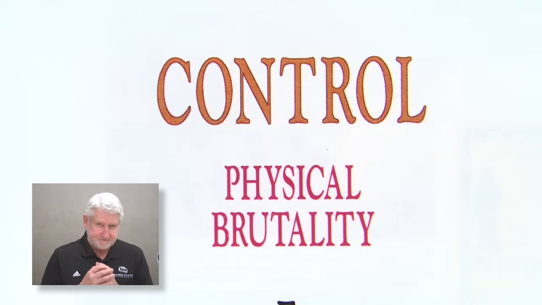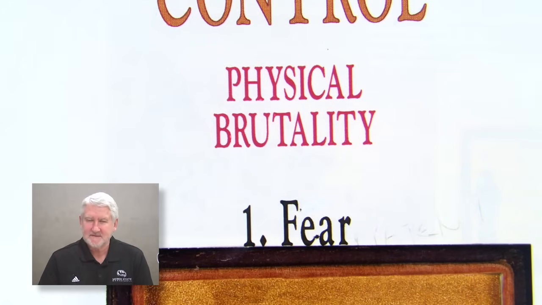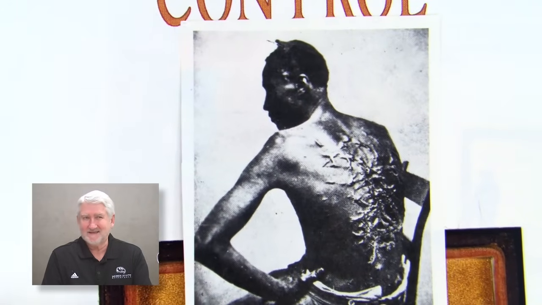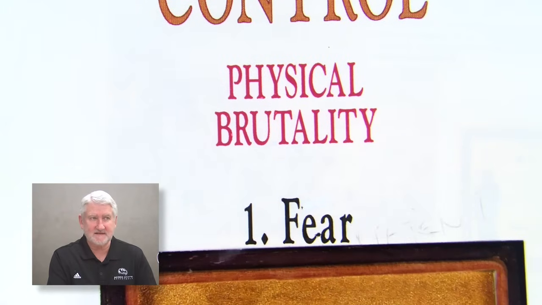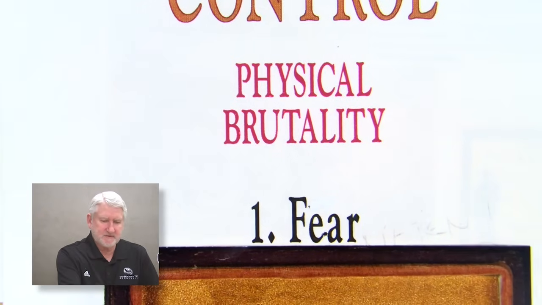So the slave owners, understanding this, began to turn to more effective psychological techniques. Like what? Well, look, if I can make you afraid of me, I can control you. Well, you say, afraid of what? Well, afraid of physical brutality, for one thing. I'm sure when these guys who owned Gordon brutalized him, they did it in front of the other slaves to make sure they said, "Well, gee, we don't want you to do that to us." But there are other things you can do. Let me show you another picture.